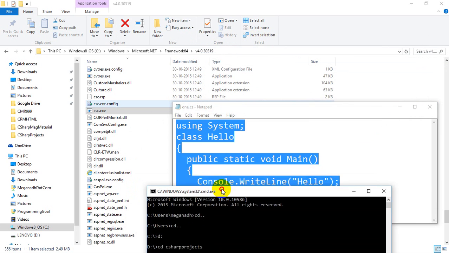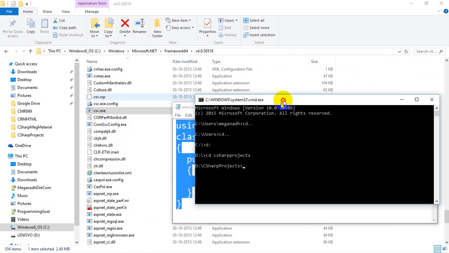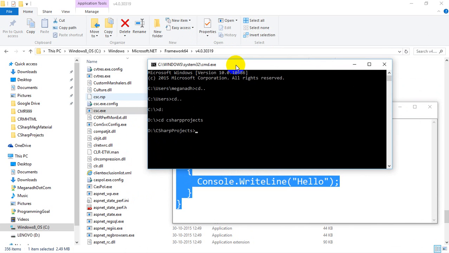Now my C# compiler is in a different path. So I repeat again: all you have to do is open the command prompt and come to the path where you have your C# file. That is all you have to do. No need to do it again now. So open the command prompt, cmd.exe, come to this directory, and then type the C# compiler, space, file name. That will compile your code.